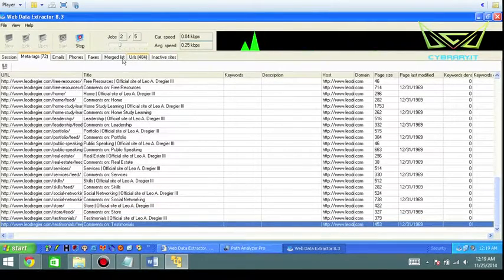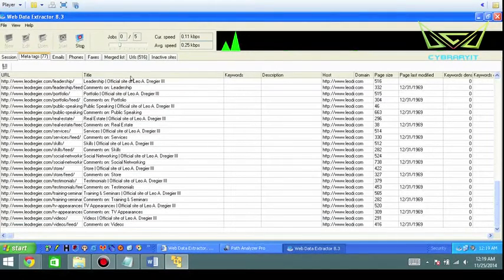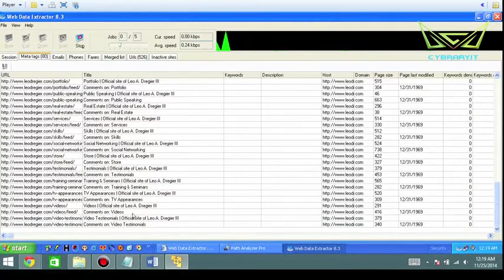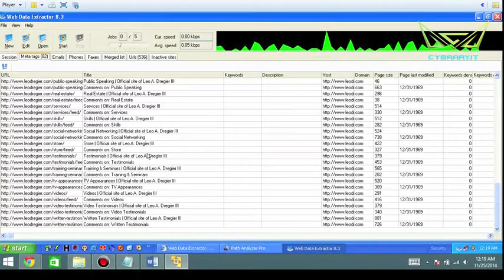So while it's searching, if you selected meta tags, you can basically just read these like a little tiny book, okay? And they'll go through, and it kind of tells a story. So in this case, for me specifically, there's a lot of skills, social networking, testimonials, videos, comments, public speaking, and things of the nature. Also, you can correlate the title of the information to the actual URL, and sometimes cross-referencing